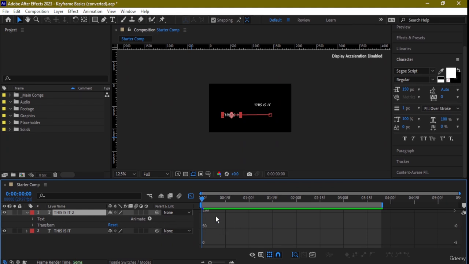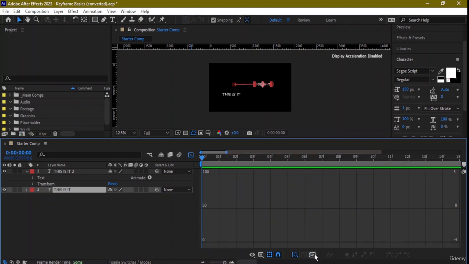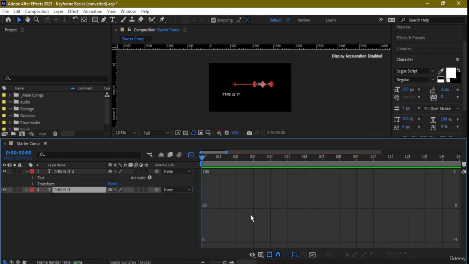And here we are going to increase the size again, and you will find out something like this. This will happen over here. Then I'm going to find out the speed graph, so I'm going to turn it on. Make sure to turn it on, fit all graphs to view. Then we're going to click on this again, and from over here, auto select graph type. Then you will find out basically all the differences which you are going to find in a specific